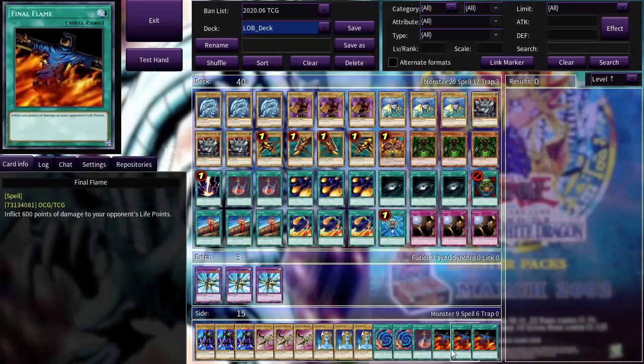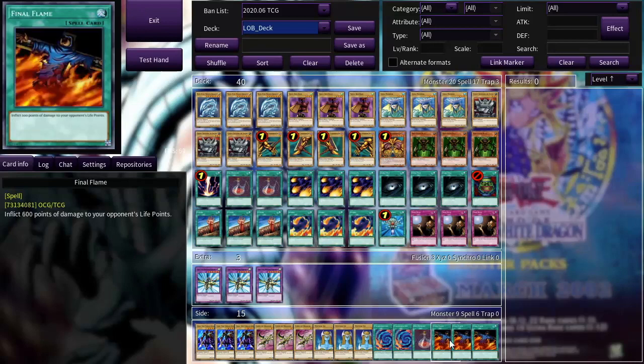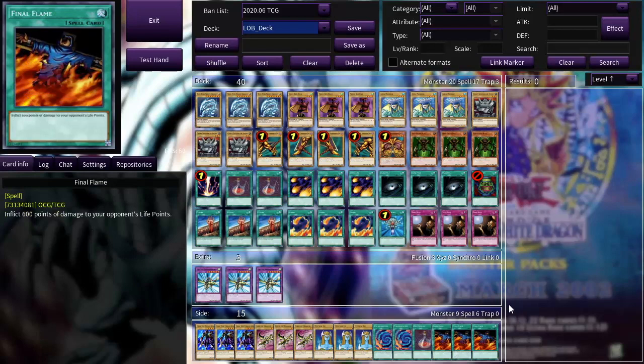Like the Final Flames would have been better than the Hinotamas and the Sparks. I mean, because Sparks is a joke card, right? Oh, absolutely. There's no reason to main this over Final Flame. The Final Flame was only because I've never really dueled you, so I wasn't sure what kind of strategy you would be going for. So if you were also going for a slightly more burn level of play, the Final Flame would almost aid you in that because it also...